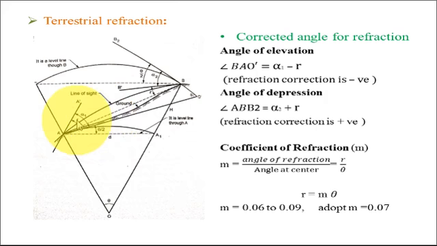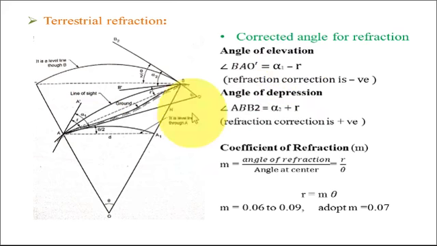And now r, small r, is the angle of refraction due to the refraction effect, which is above these two dotted lines. That means to find out the true angle which is formed between these two dotted lines, we have to apply a minus correction for the refraction. That's why alpha 1 minus r, because r is above these two dotted lines. True angle is in between these two dotted lines, but r is above, so minus r in case of elevation.